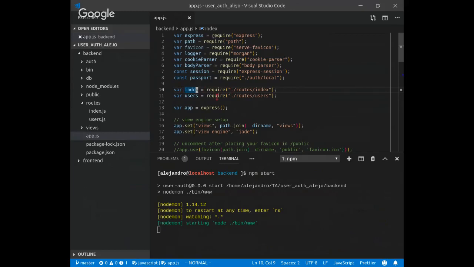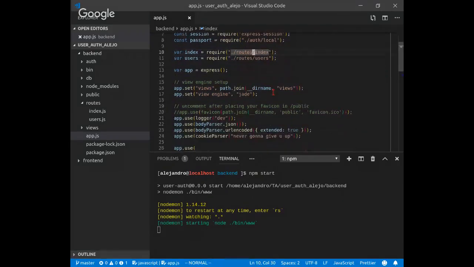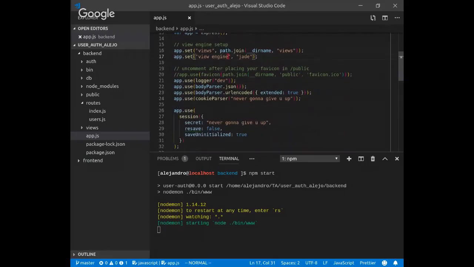but here we can see we're importing two things: index and users from routes. Users, that's probably some routes that we're going to use. We created the Express app here, and then we set up this. This was the old way of doing it, without React, where you would use templates. I don't know if you guys saw that, but basically Jade is a view engine, or a template engine, that,